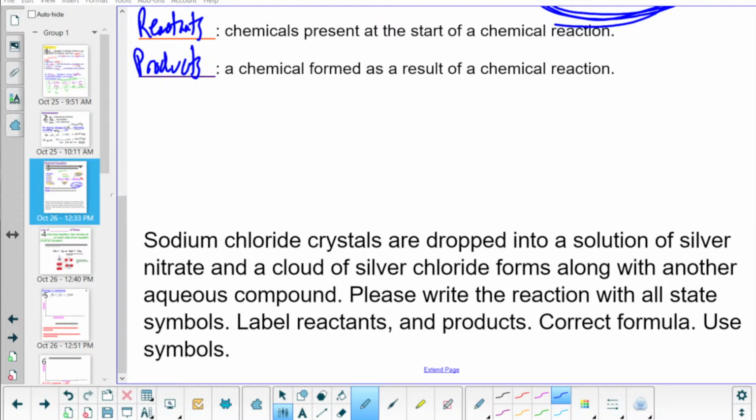A cloud is solid. Because it refers to, this is a cloudy solution. Right? It refers to what it looks like, not the state of the substance. Yes. So solutions are things that have molarity. They're always aqueous. Yep. Let me give you another one.